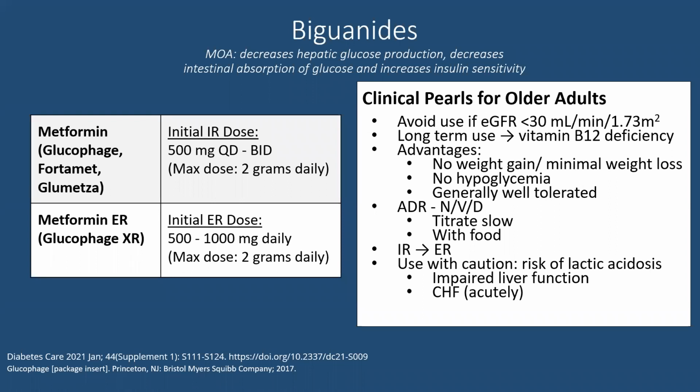Some advantages of metformin would be either no weight gain or minimal, or some weight loss. So if you've got an obese patient who's trying to lose a little weight, that's a good one to start with as well. Lower incidence of hypoglycemia. Lower doesn't mean none, but it does mean it's less likely to cause it. And overall, it's pretty well tolerated. If you don't have GI side effects, you're really not going to have a lot of other side effects from it. So again, to eliminate nausea, vomiting, and diarrhea, you want to really limit the dose and titrate up slowly.